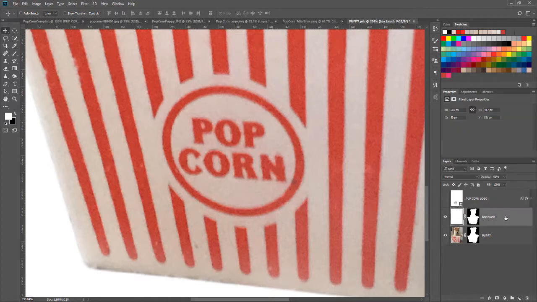I'm going to go down one layer, and what I'm going to do now is just click new layer, and it's an empty layer, and I'm going to call it logo hider. I'm just going to make up words. Logo hider. That's what I'm going to call it. Hopefully no one else has to figure out what that means if they ever open this PSD file. But what I know it means is that I'm going to get my